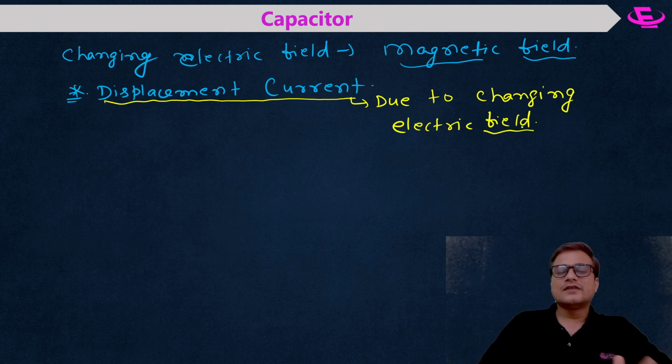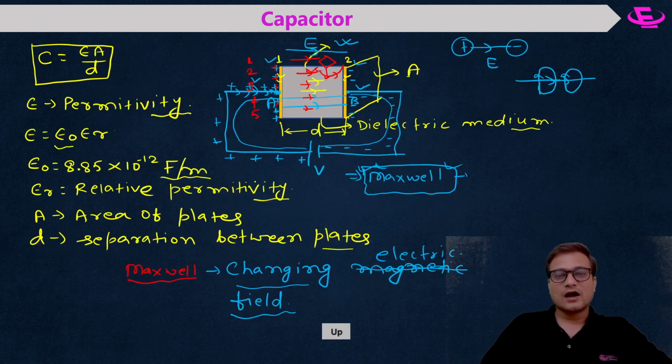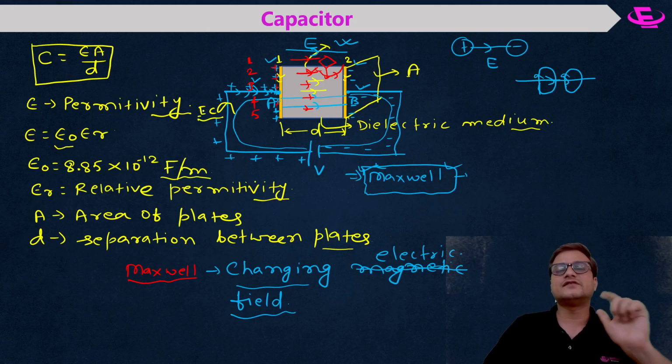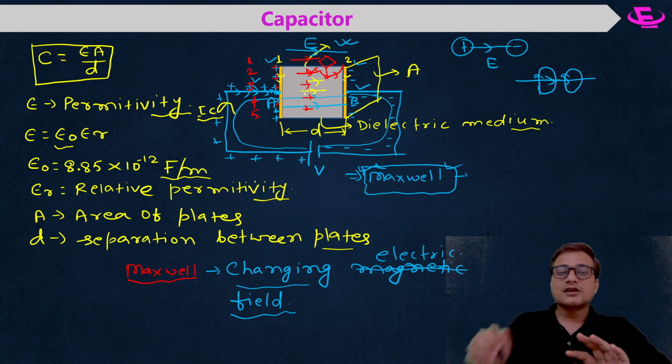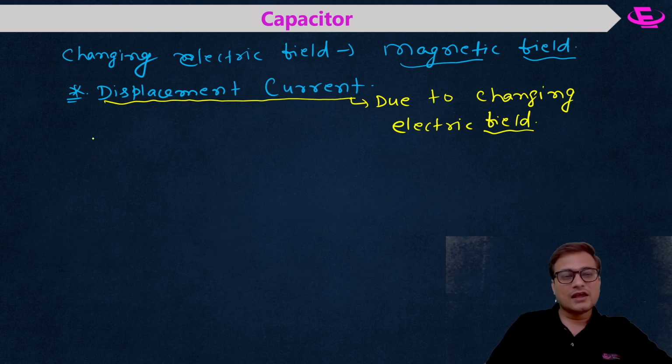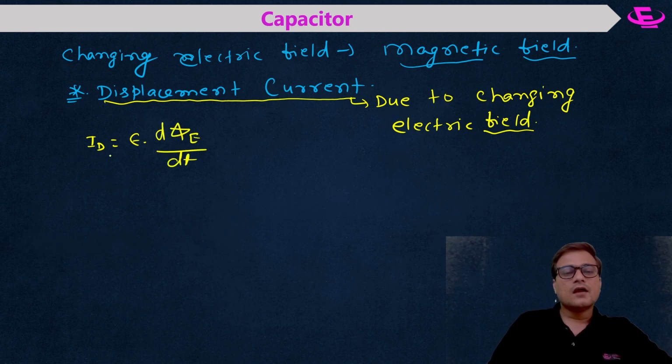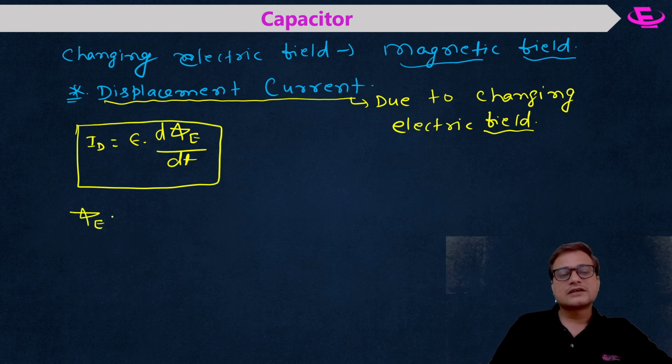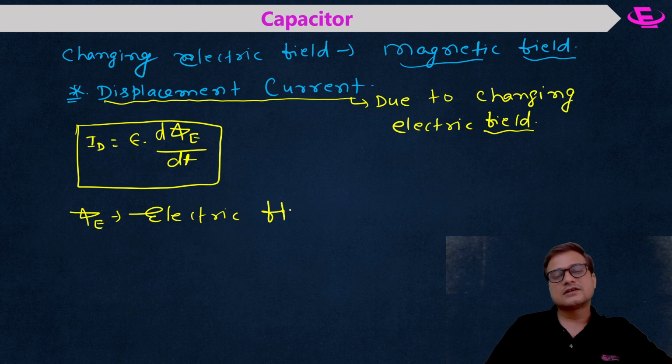Again, people asked him, if there is displacement current, then give some formula. So now he had to keep the formula in such a way that, this is conduction current because it is flowing through a wire, conduction current meaning due to flow of charges, the displacement current should be equal to the value of conduction current. So to prove this, he gave one very beautiful formula, I_D equal to epsilon into d phi_E upon dt. Epsilon is the permittivity, and phi is nothing but electric flux.